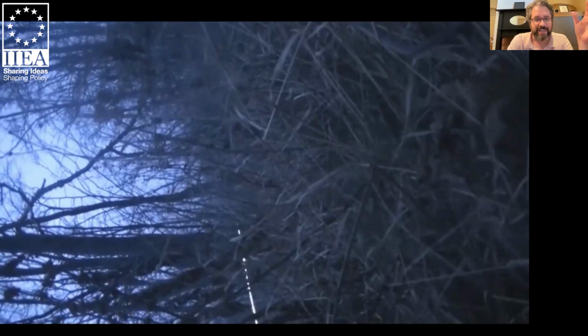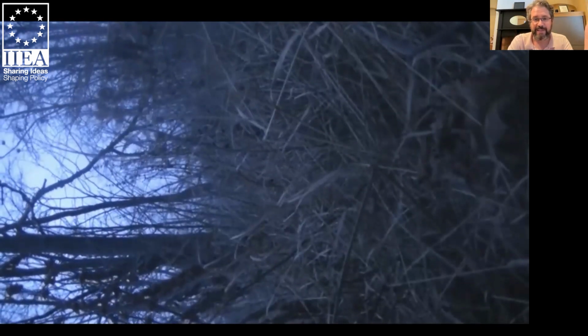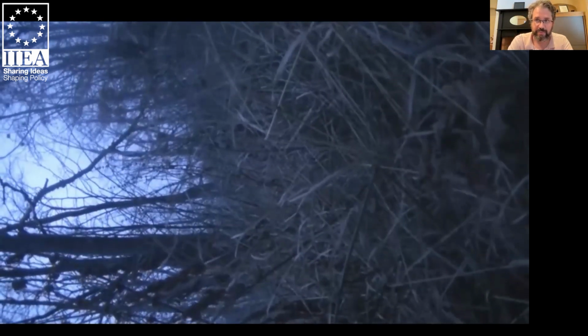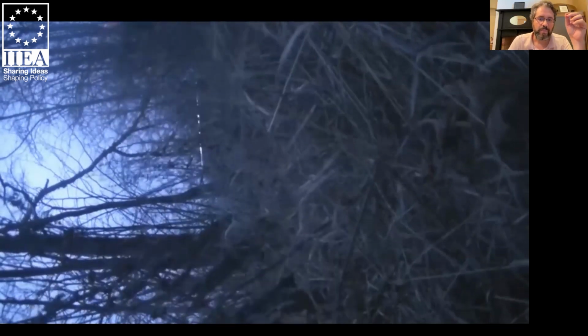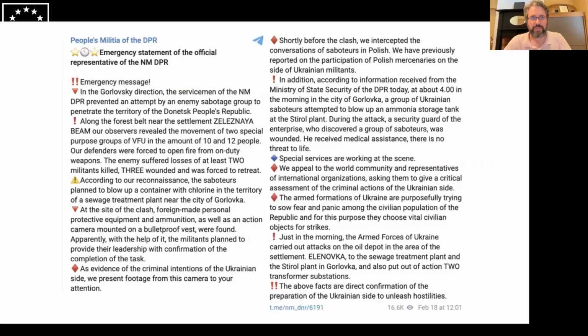So this video of gunfire and grass is a fake video, and there's a reason we know that, partly because of that explosion. So this was a video that was uploaded by the Donetsk People's Republic on their official Telegram channel, and it was uploaded with this text, which, as you can see, has lots of stuff going on here. But the key point is they claimed they had captured effectively a GoPro camera off a Polish saboteur or Polish-speaking saboteur